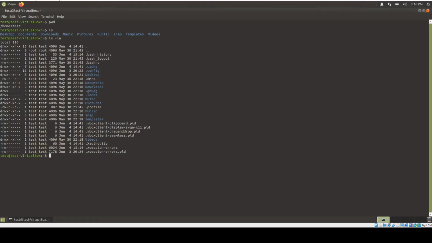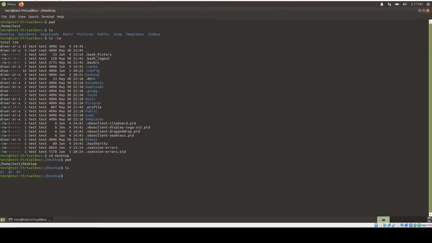Next I will show how to change the directory. For that we use the cd command. So now I will move to the folder Desktop. For that, cd space folder name, sorry, Desktop, enter. Now we are in the Desktop folder. As you can see, if I use the pwd command, we are in the Desktop folder of user test. And if I do a listing here, enter, we have three folders, d1, d2 and d3.